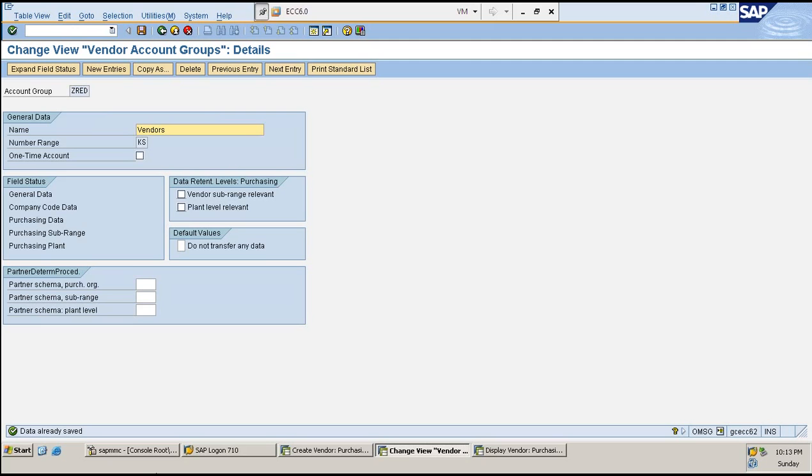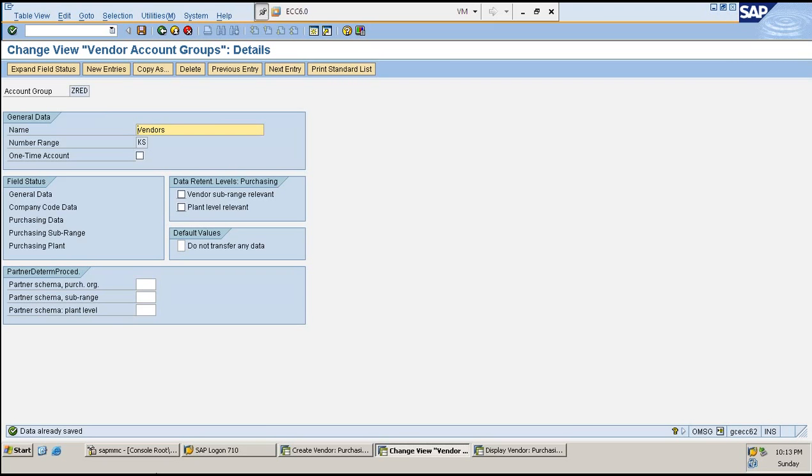I'll send a quotation to the vendor saying that, boss, I am in need of this particular material. This is the quality that I am expecting. This is the delivery time that I am expecting. So with all these things, what will be the price that you will be able to provide me with? I'll send a quotation to about 10 vendors. All the 10 vendors will come back to me saying this is a price, this is a price, this is a price.